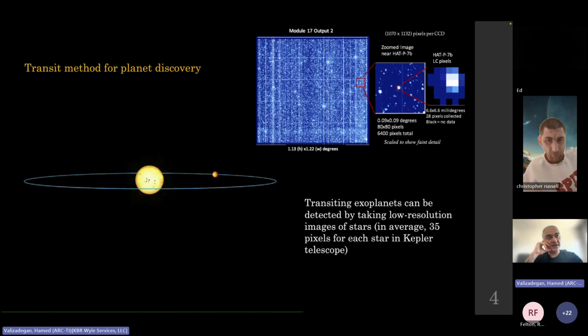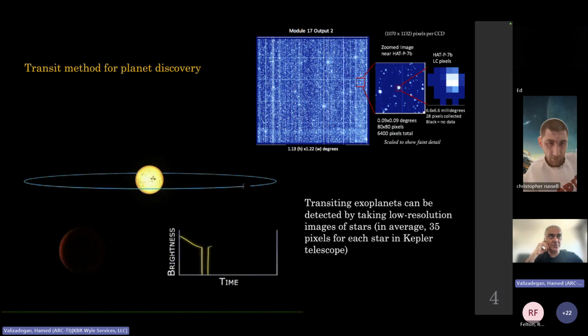To do that, the application that I'm focusing on is the transit method for planet discovery. I assume that most of you are familiar, but if not, in the transit method, we basically take a photo of a star periodically, let's say every 30 minutes. And we measure the brightness of the star, and if the brightness of the star has a dipping that happens periodically, that could be an indication that there is a planet orbiting it. However,